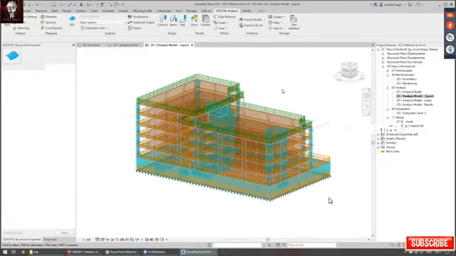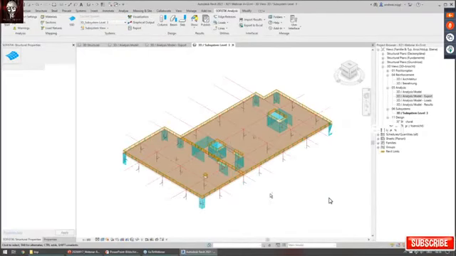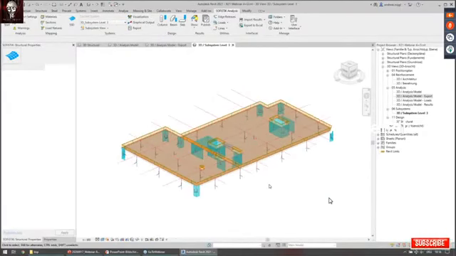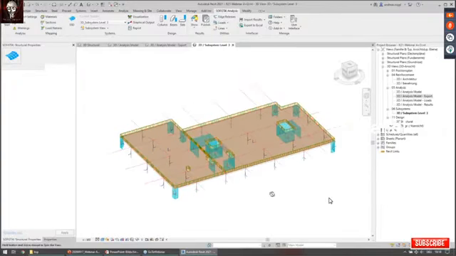One major point of SOFiSTiK analysis and design is its ability to manage different kinds of analysis systems in parallel to the main system, because it's usually the case that you don't want to do all the detailed analysis based on the results of this global model. Instead, you would rather switch to a subsystem, which I already prepared today. There are also commands to create that subsystem from the main system. But here I already prepared the subsystem,